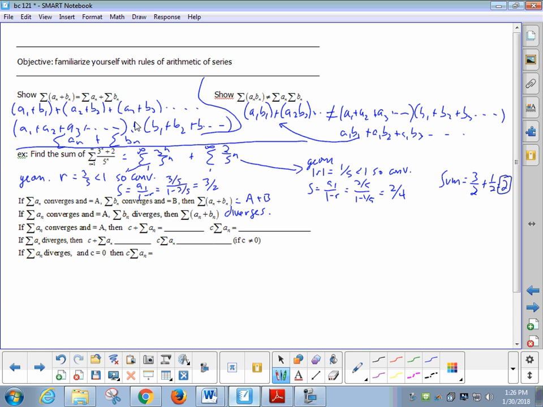If a series converges and it equaled A, then C plus that series would be C plus A. And C times that series would be CA. This is used pretty commonly when you go to do one of those repeating decimal problems, and the whole thing isn't part of that pattern. You would call this 3.2 plus 0.045 plus 0.00045, and this would be the constant, and this would be the series. Okay, so you just tack that constant on to what you get out of the series. You with me?